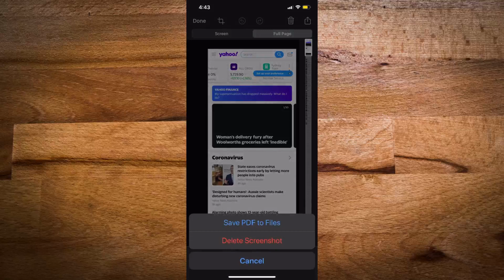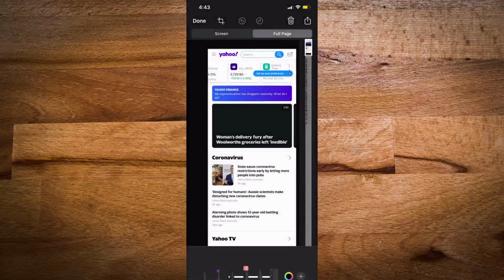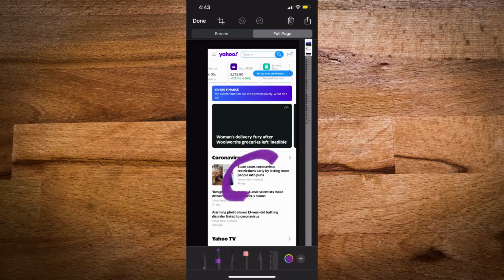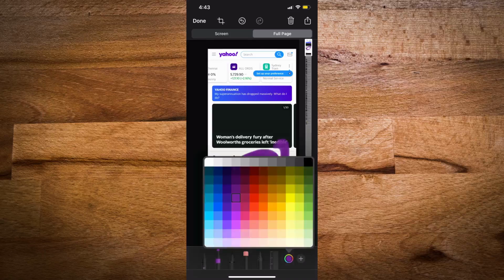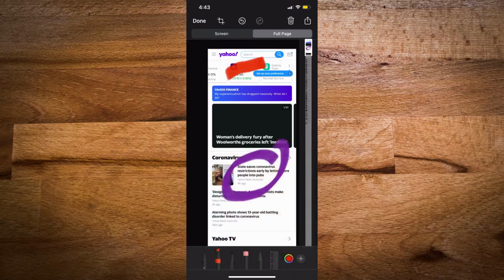You could also save them as a PDF file, and there are features also to save them with annotations. You can just try marking them, you can highlight them, you can choose your text and mark around the corners, and you can change the colors of them, change the size of the brush and the pencils. You can use the erasers.